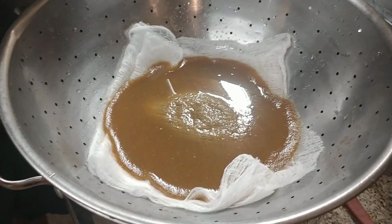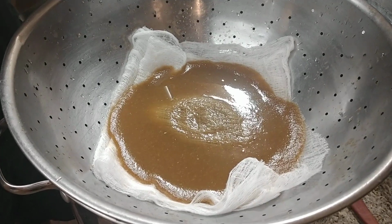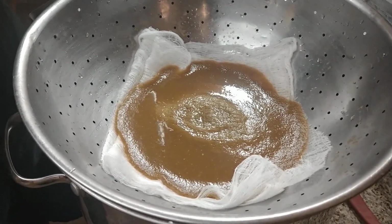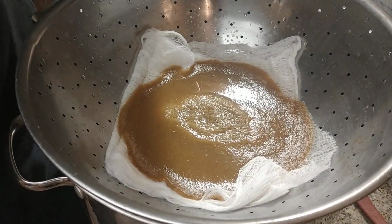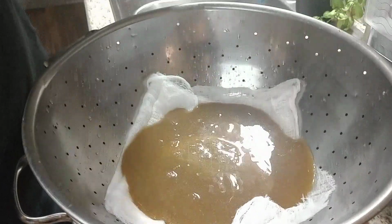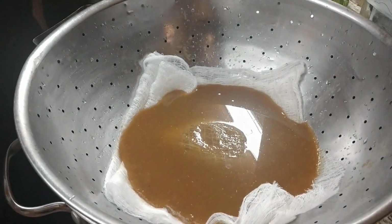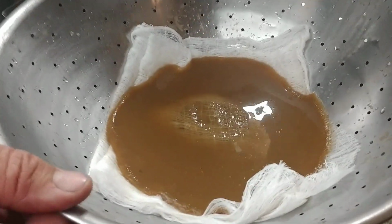Okay, so this is a very slow process. And we don't have enough cheesecloth to fill all of the colander. Let's do a couple jars. Enough for a couple jars, I mean. So just wait until that's...